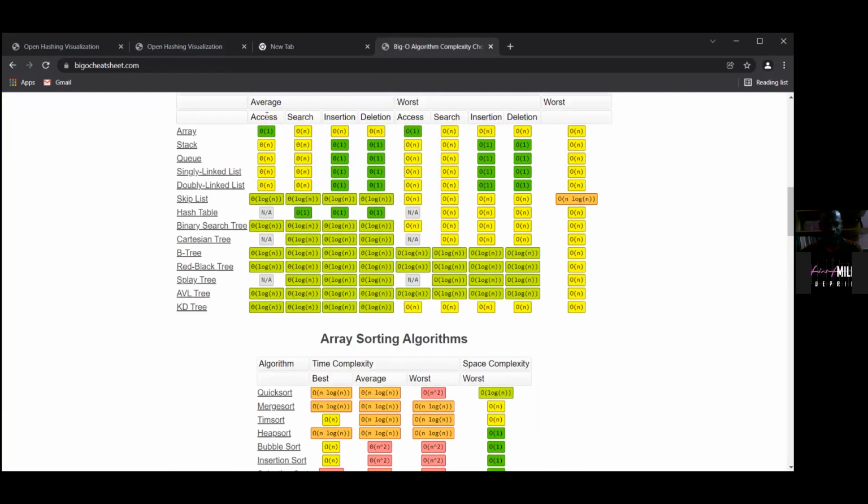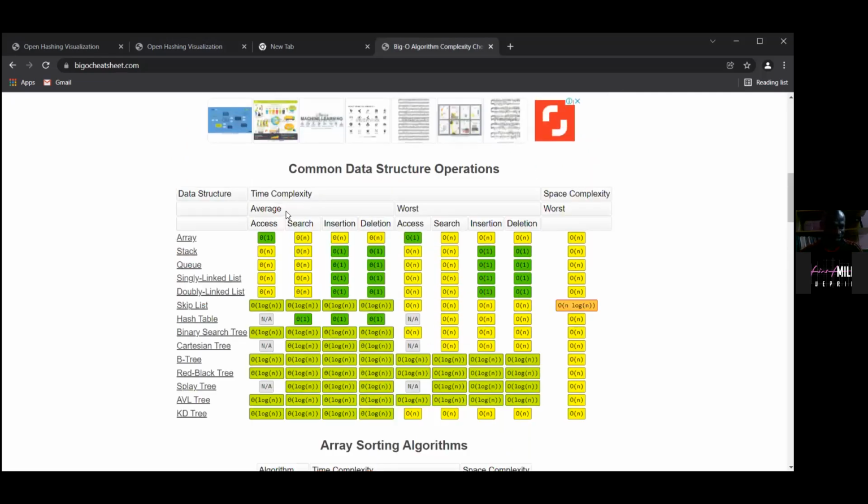hash table, remember what I told you about access, why it's not available, because hash tables are not indexed. Then to insert an item happens at one operation. To delete happens at one operation. To search happens at one operation. But when you now look at the worst case, time complexity, it now shifts from O of 1 to O of n. Confusion, right?